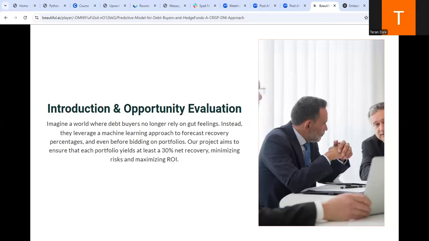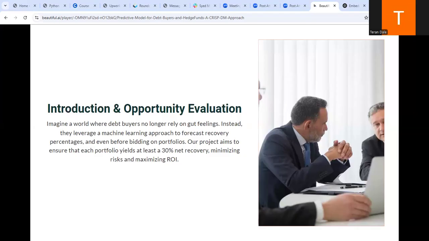The third is high business impact. With an accurate predictive model, debt buyers can avoid portfolios that are overpriced or unlikely to yield sufficient returns. This not only reduces risk but also improves profitability, ensuring that every purchase has a solid basis for at least